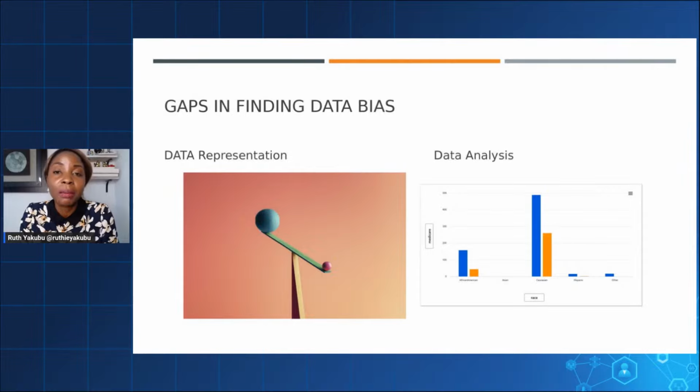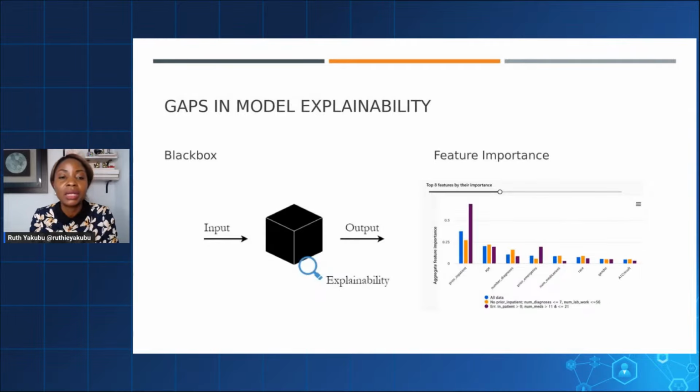And of course, there could be instances where a demographic is not even represented in your data set, and this could cause even more problems. So these are examples of areas where data bias can creep in and favor certain demographics versus another, and not even represent certain demographics. When we get to data analysis, we'll show you examples of how to analyze and spot those types of